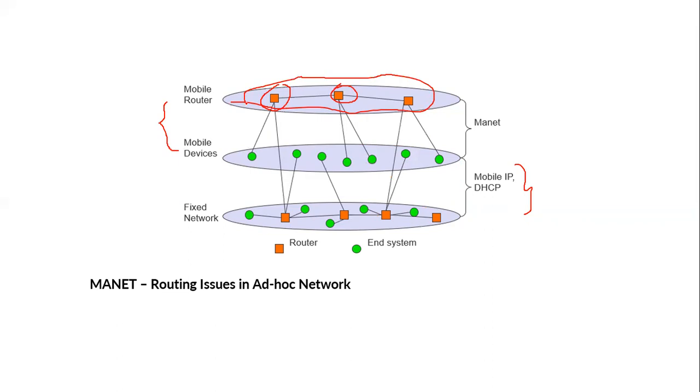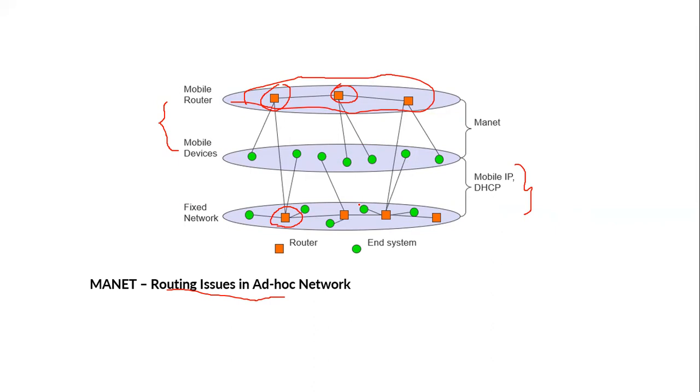The greatest challenge with mobile ad hoc networks is the routing issue. How will you perform the routing? In normal cellular networks, routing is made possible because of the fixed infrastructure. The fixed infrastructure stores details like HLR or VLR, from which the location of the mobile devices can be tracked, and we have COA, through which the communication happens. But if all these things are not there, and nothing is fixed, then how will you route the packet? That is the greatest challenge, and lots of research is going on in this area.